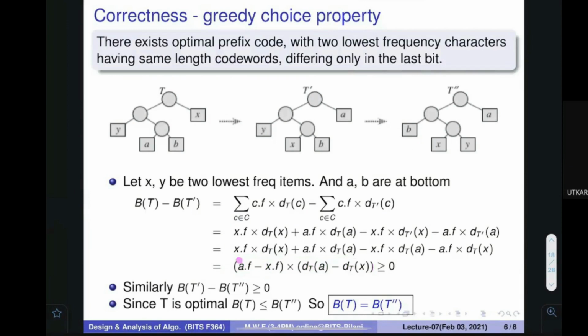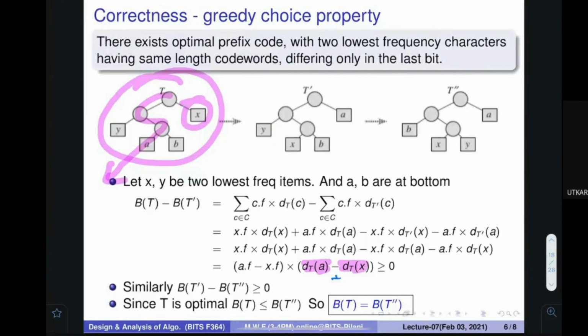So if you understand, then I am very happy to tell you that in this particular tree, the code length of A is larger as compared to X. So dt of A minus dt of X is actually positive. This complete term is positive.